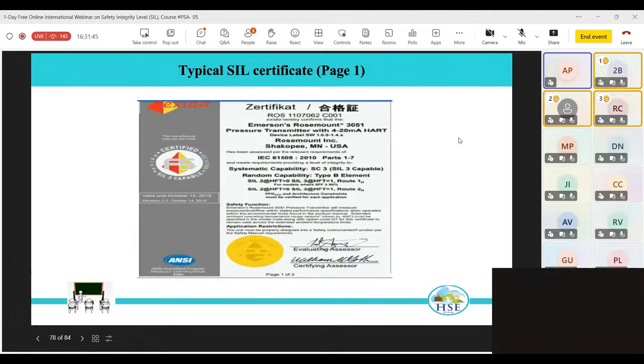The name of the company which has produced this particular product is mentioned. The model number is mentioned, and then the standard to which it is certified is mentioned. In that standard, it says parts 1 to 7. In the morning we learned there are 7 parts in IEC 61508. So for all the parts it is compliant. The systematic capability of this particular company is SC3. That means their work processes are aligned to systematic capability 3. Then random capability is Type B. What is Type B and Type A? I'll explain that in a minute. But before that,